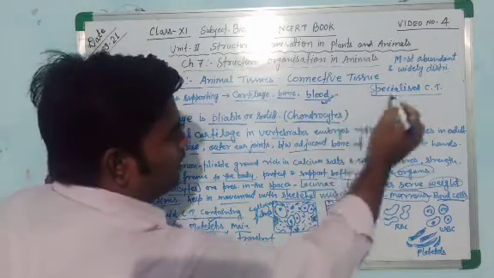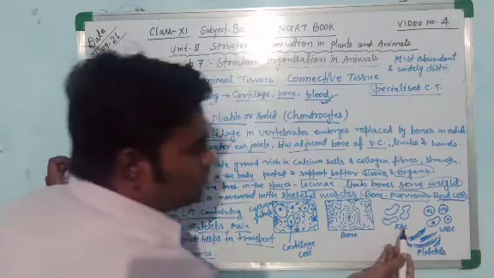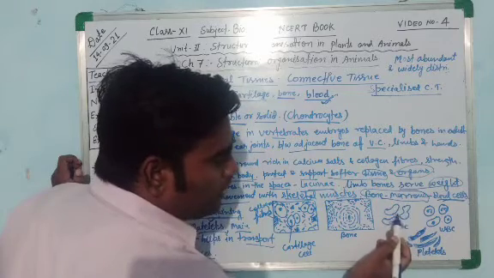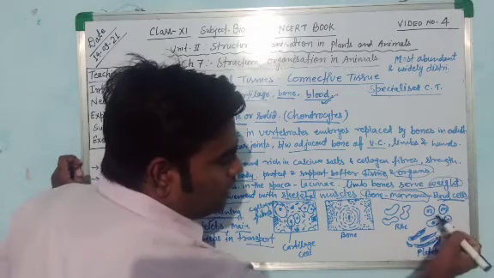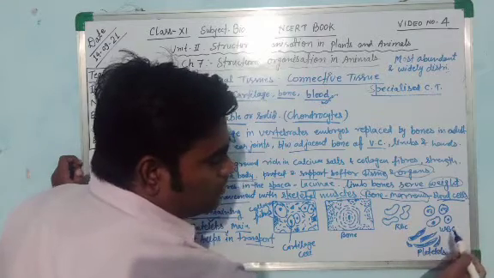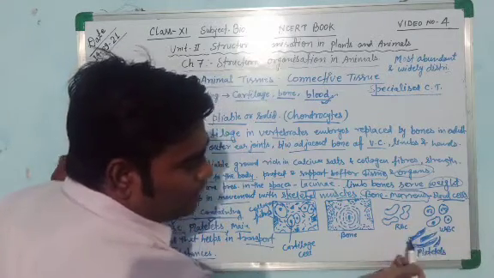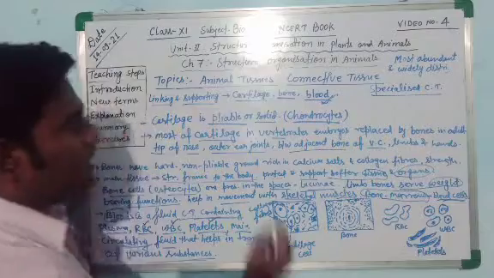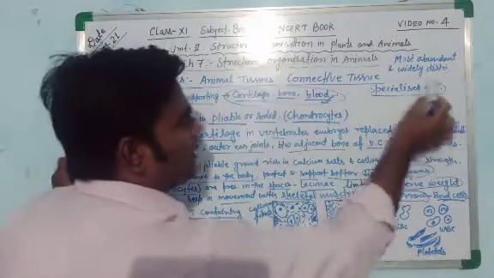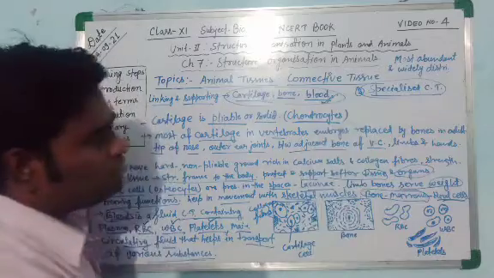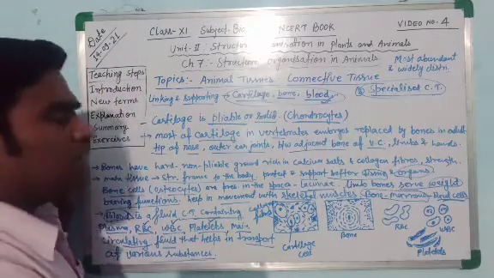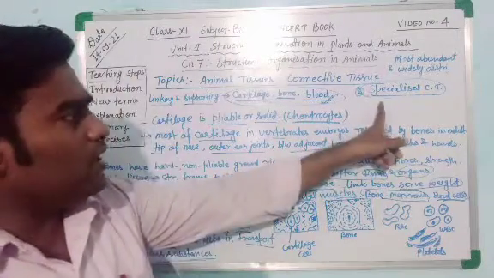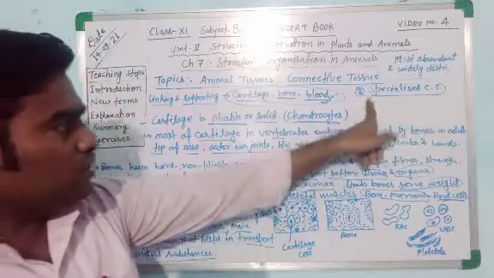They are the blood, a special type of connective tissue, and this is the simple structure of blood cells. These are the RBCs, which are non-nucleated. This is the WBC, nucleated, bilobed, trilobed, and monocytes, and these are the platelets. So these are the three structures, cartilage, bones and blood, which are special types of connective tissue. This is the third type of connective tissue. The first type is loose connective tissue and the second type is dense connective tissue, while this is the special type, the third connective tissue.